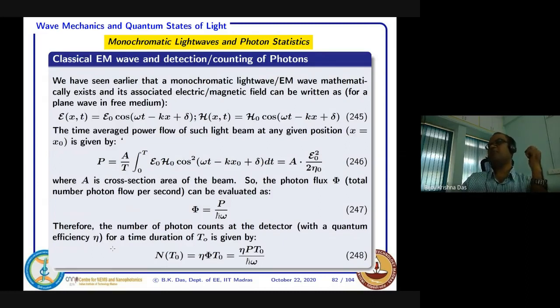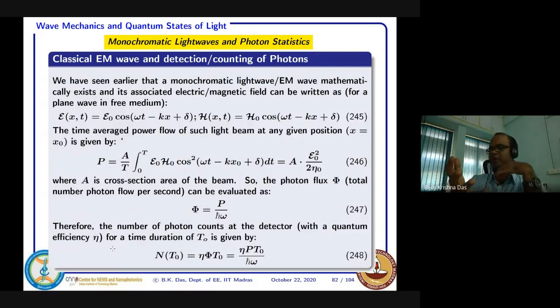So normally, in a photodetector, how is it detected conventionally? A photon comes, and you have typically a semiconductor diode. Then an electron-hole pair is generated, and from that electron-hole pair you can get a current, since you can bias it. So if 100 photons come and 100 electron-hole pairs are generated, then it is called a quantum efficiency of 100%. If 100 photons come but 70 electron-hole pairs are generated, then the quantum efficiency is 70%, out of 100, 70.